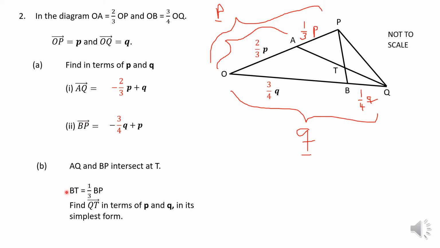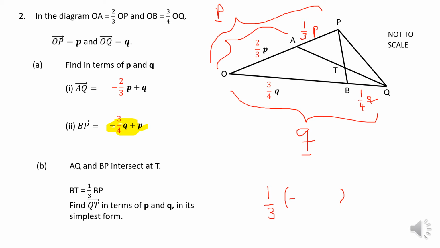So we know what BP is. Let us just work that out. So 1/3 of BP. We know what our BP is. Our BP is nothing else but this whole vector here. If they are saying that is 1/3 of that, we're going to take 1/3 of